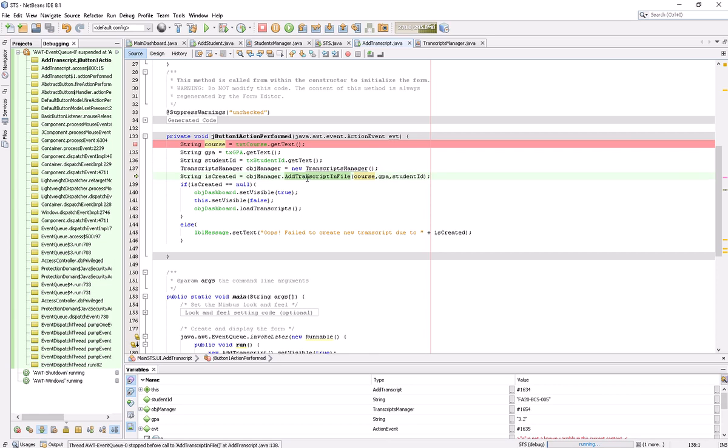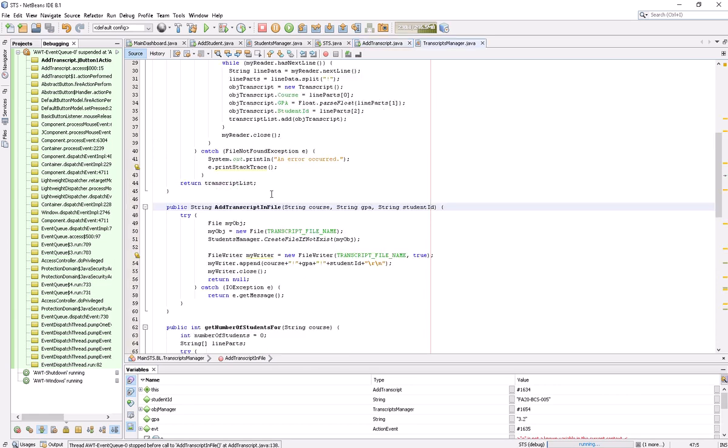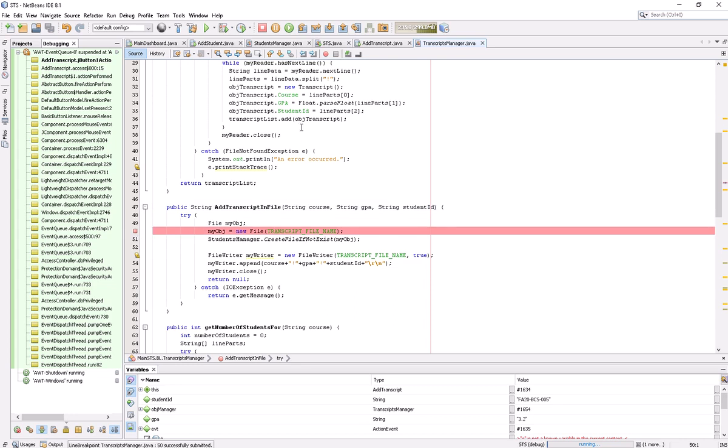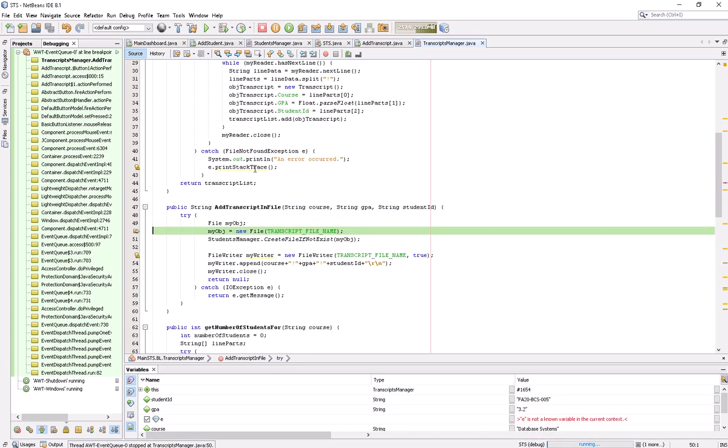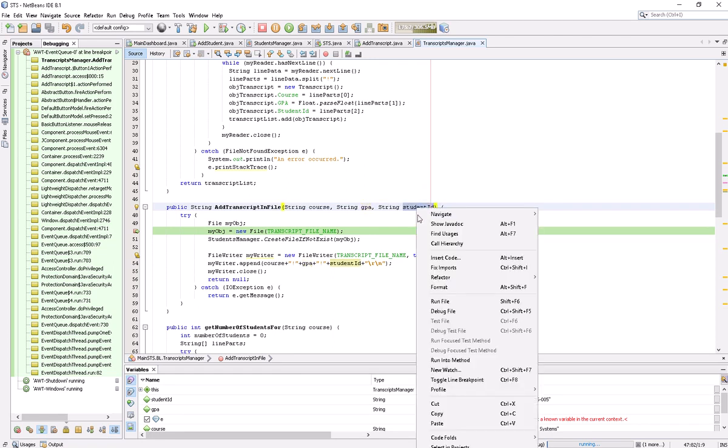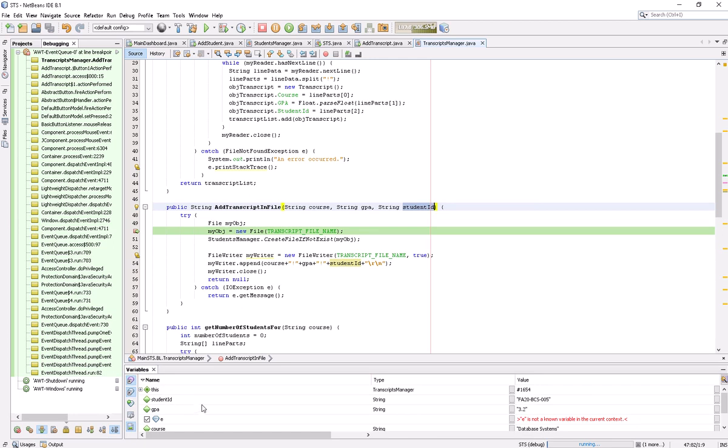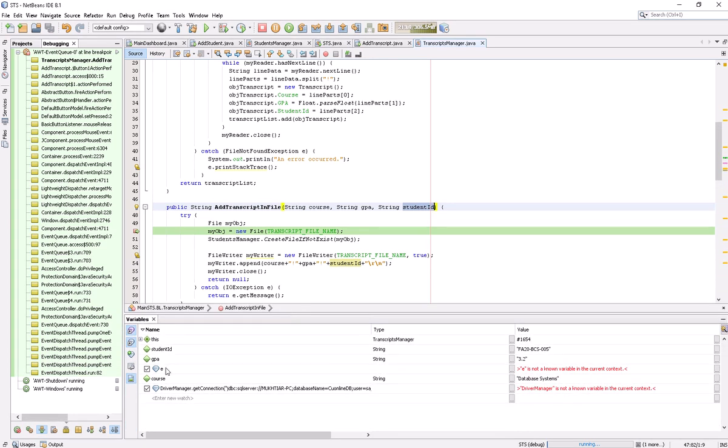And if I want to go over here, let's go first here. If I don't have a breakpoint, let's set it up here. I have set up the breakpoint, and now I say okay, continue till here. So we just came here, and now you see the course is database system, the GPA is 3.2. You can also right click on this and add to the watch, or you can also see it here. You see it is already open, so whatever your variables are, you can see their values and everything.